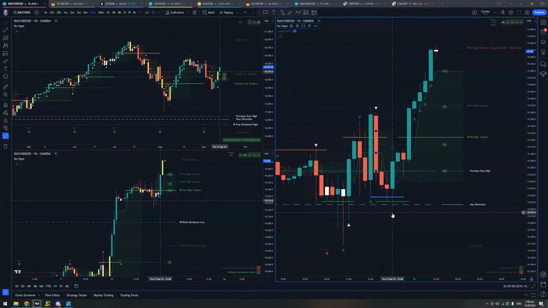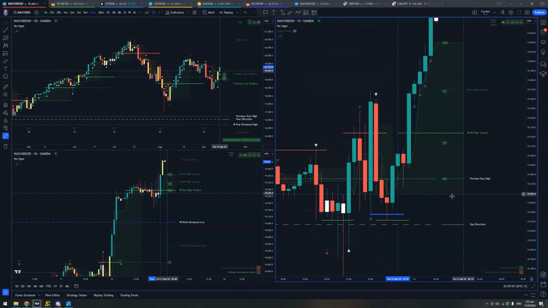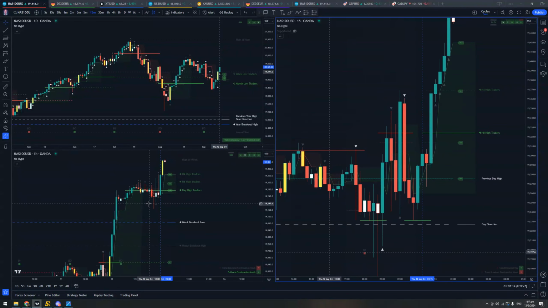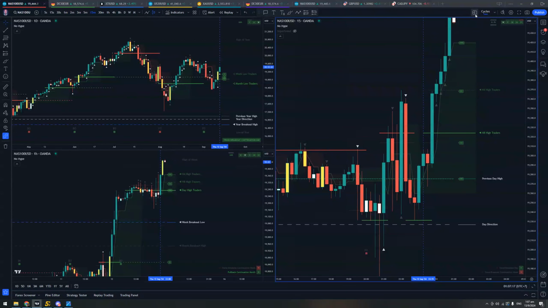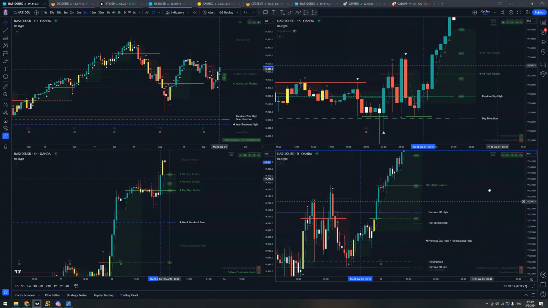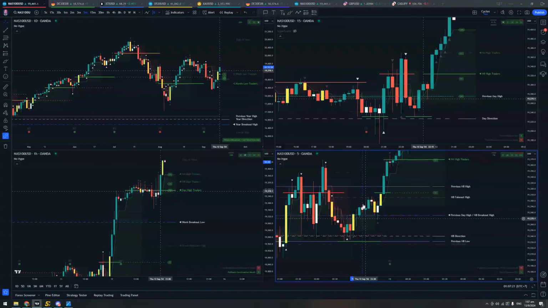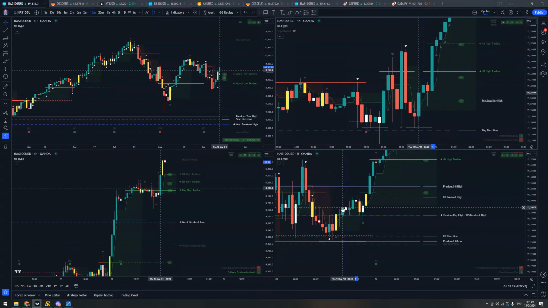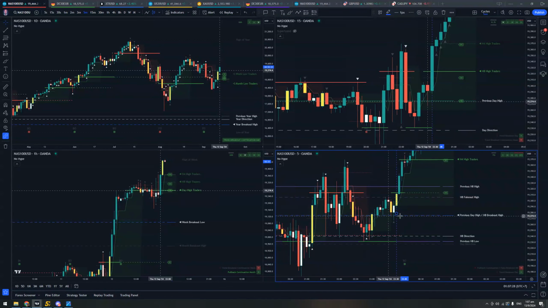Next M15 closed above this previous day high. So that turns this back into a breakout. So I was thinking of a possible trade to enter on this one, but was not too sure because my bias was flipping quite a bit. So at this point, I dropped down to the lower time frames and wanted to see a clearer picture of it. Once I saw this M15 M5 low fake out right at the previous day high at the H8 breakout level, I decided to enter on this one.